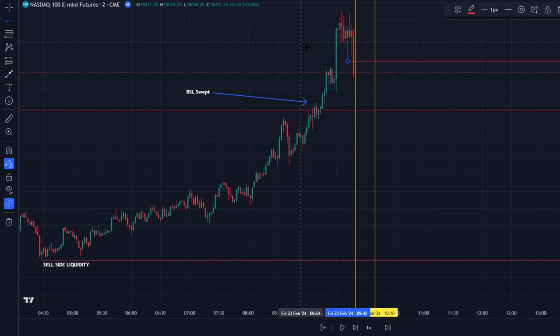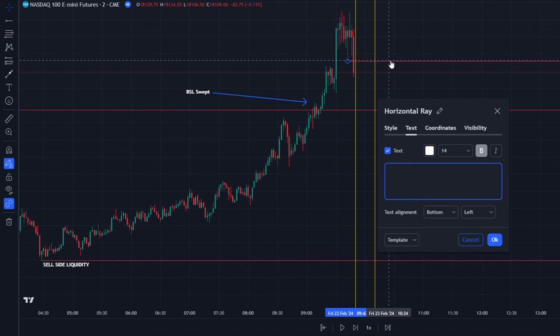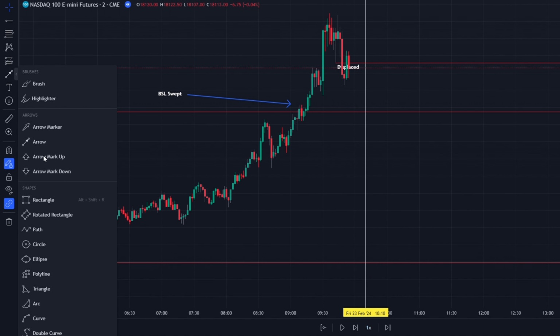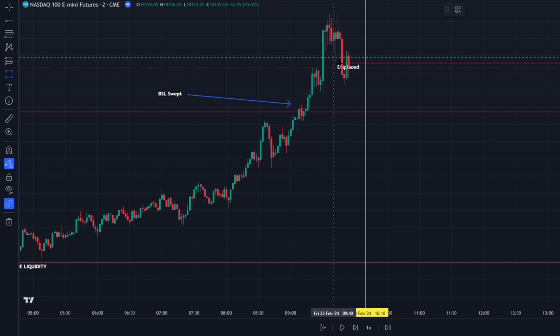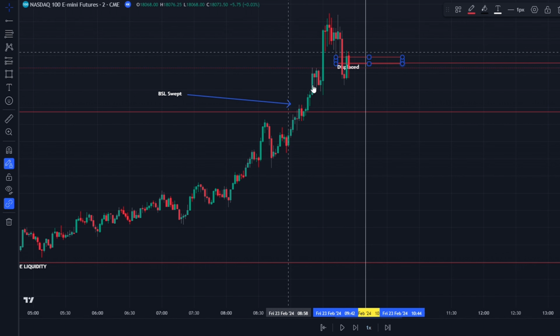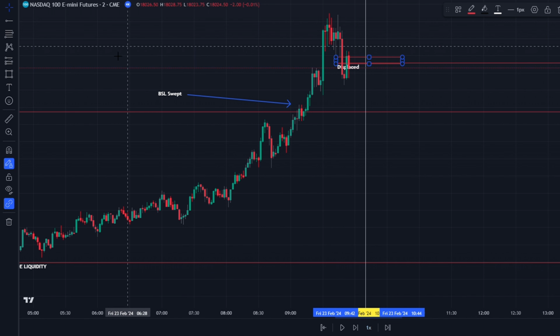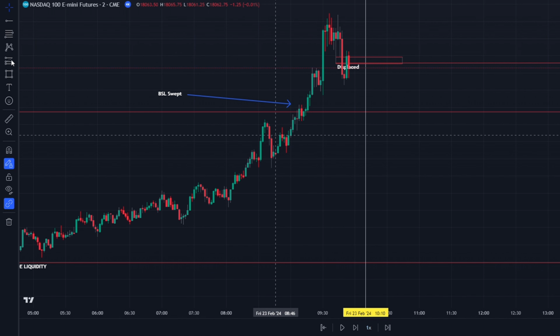Price has displaced through this level. And now we'll be looking for a fair value gap entry between 9:50 and 10:10. So there we go. We got a displacement and a fair value gap just after. So we've swept buy side, we're inside of the macro, 9:50 to 10:10, we've got a fair value gap and a displacement above buy side. So you would take this as a short targeting